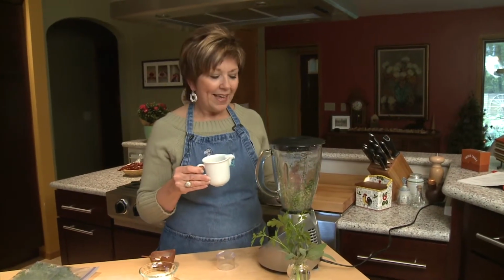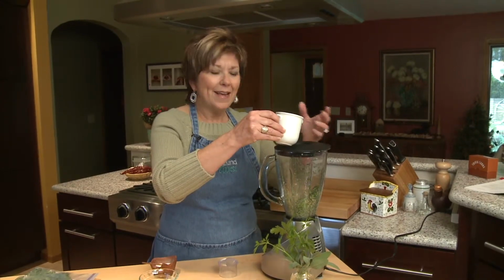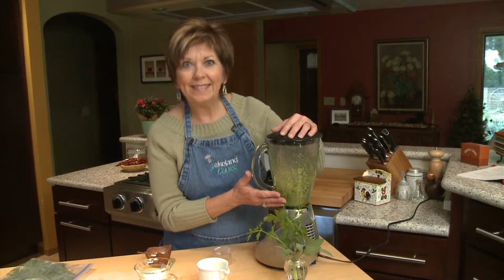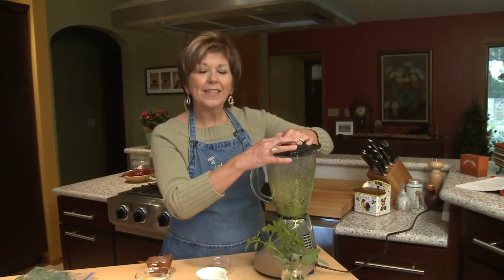Once the herbs are chopped, they don't really need to be that fine, then I'm going to very gradually pour the olive oil in while the blender's running, and it will just emulsify and become a real nice textured pesto. Oh, I've got a real nice textured mixture in here. I'm just going to add a couple more ingredients, some grated Parmesan cheese and a little bit of coarse salt